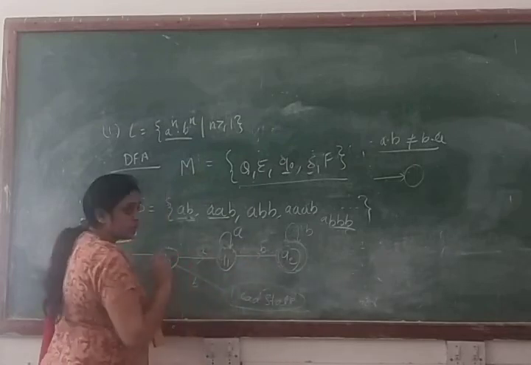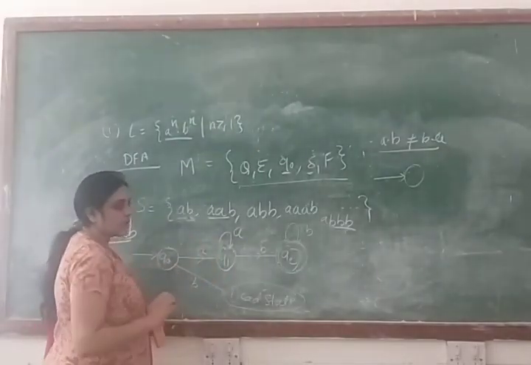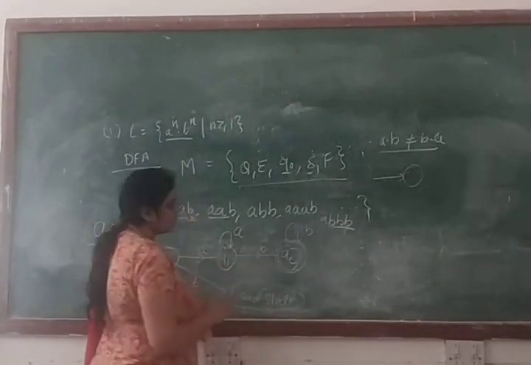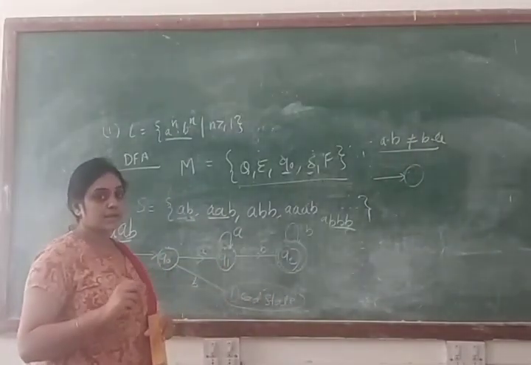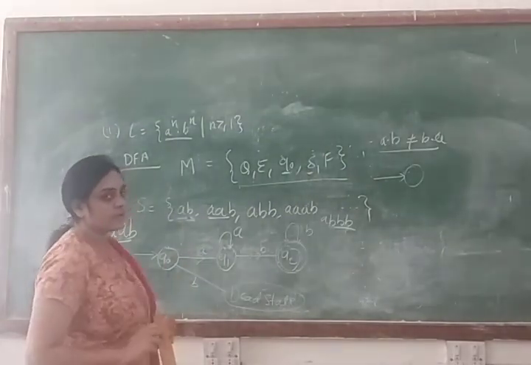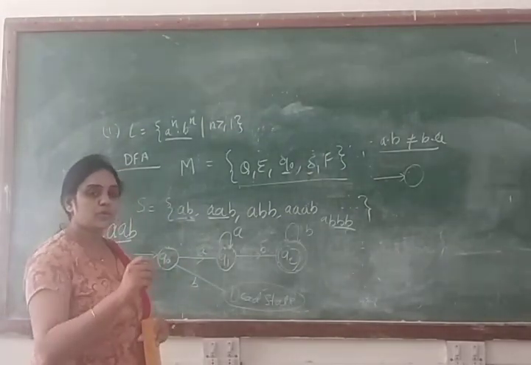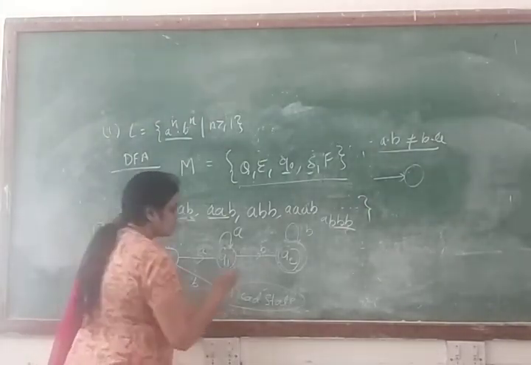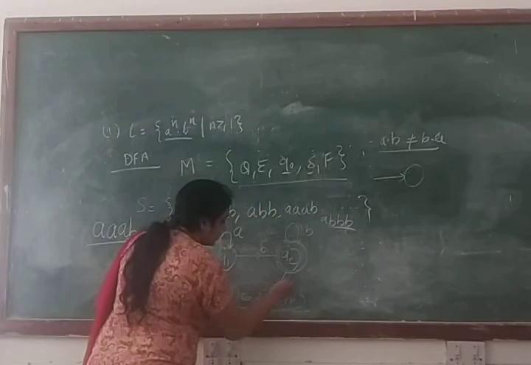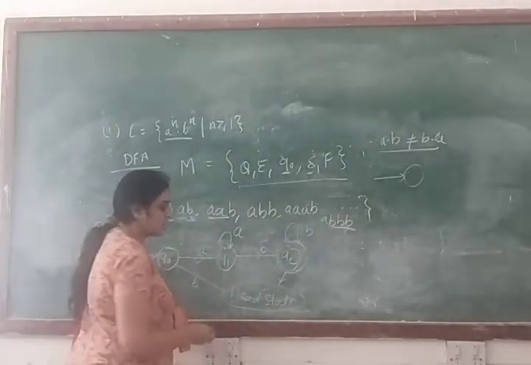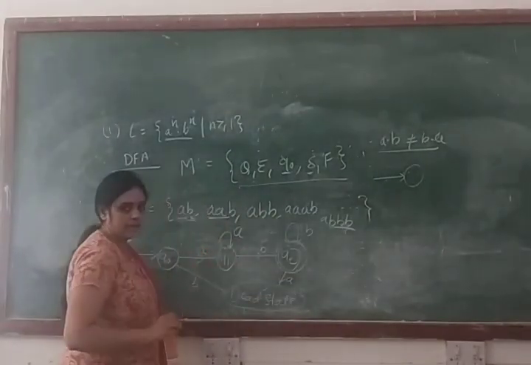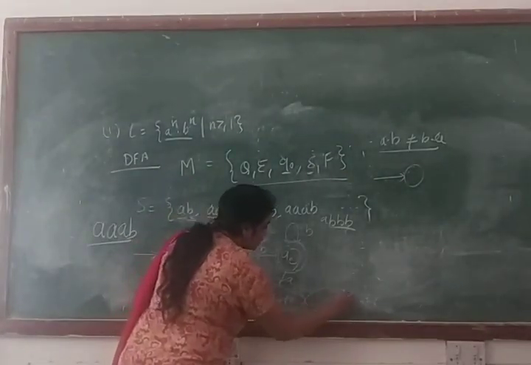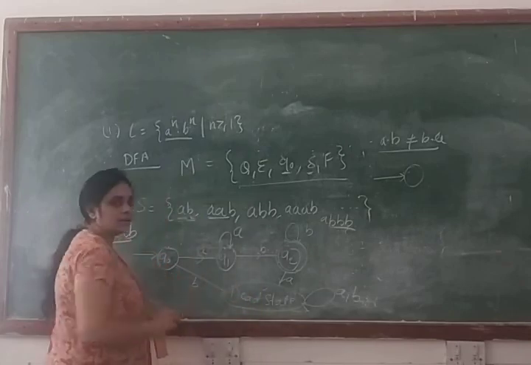Transition, because according to the property of a DFA, each and every state should have a transition for every input symbol. But if your state Q2 doesn't have a transition for input symbol A, we cannot say that this is your DFA machine, because you have to make a transition from the Q2 state to some other state for the input symbol A. So in that case we don't have any choice, so we will make a transition from the Q2 state to that state for the input symbol A. Clear? And now we will make the self loop for input symbol A or B on the third state.